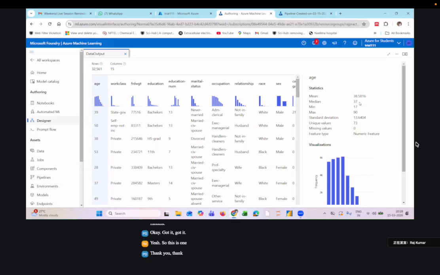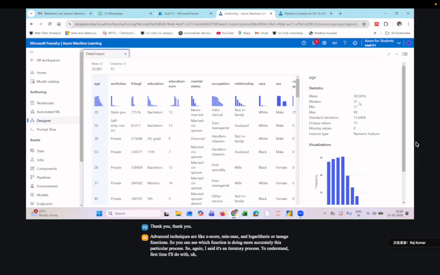So this is one simple technique. Advanced techniques are like z-score, min-max, and logarithmic or tanh functions. You can see which function is doing this particular process more accurately. Again, I said it's an iterative process. First time I'll do it with z-score. The second time I can go ahead with tanh. The third time I can go with another technique and see how I'm able to improve my accuracy of